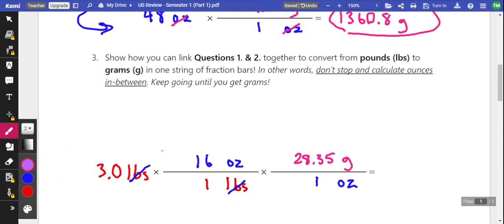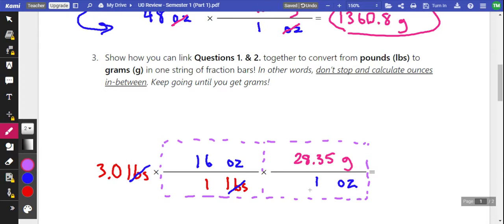Okay, so these are 2 separate conversion factors. I've got a relationship between 16 ounces and 1 pound. I've got a relationship between 1 ounce is 28.35 grams. Now, in this case, both of these ended up with a 1 on bottom. That doesn't always happen. So don't think, oh, anytime there's a 1 in the conversion factor, the 1 goes on bottom. That's just by chance. It depends on how you're canceling your units and what the relationship is between these. So you could probably also do 1 gram is 0.035 ounces or something like that, and it could be upside down that way, the 1 on top and then the 0.035 or whatever on bottom. But this works out math-wise the same way,